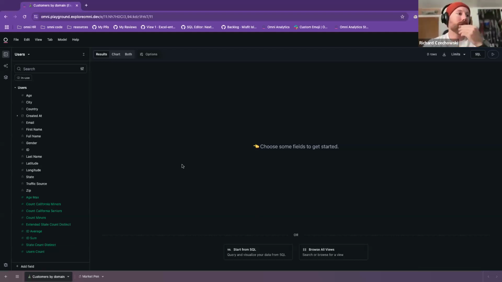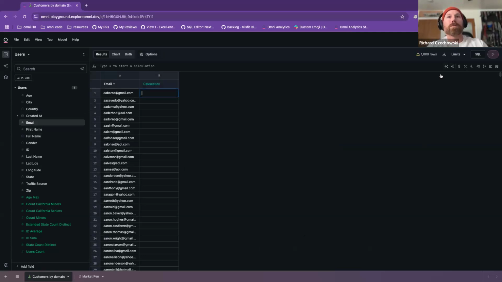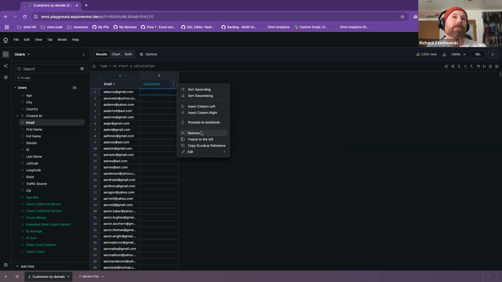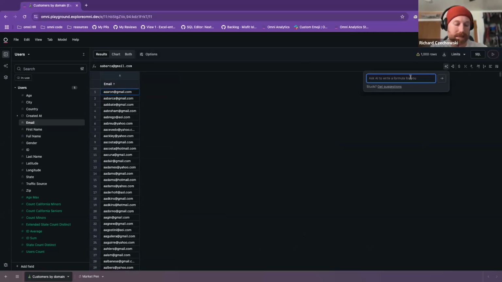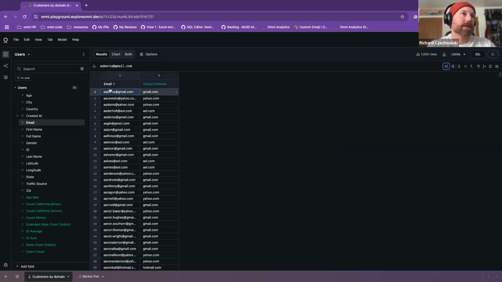Okay, so the first thing I'm going to show is a somewhat more pedestrian operational use case, but it's still nice, because if you're not super familiar with writing Excel calcs, I'm going to add a regular column, but say, extract domain from email. Instead of having to go look up how to do this, I can just type that in and I got a pretty quick answer.